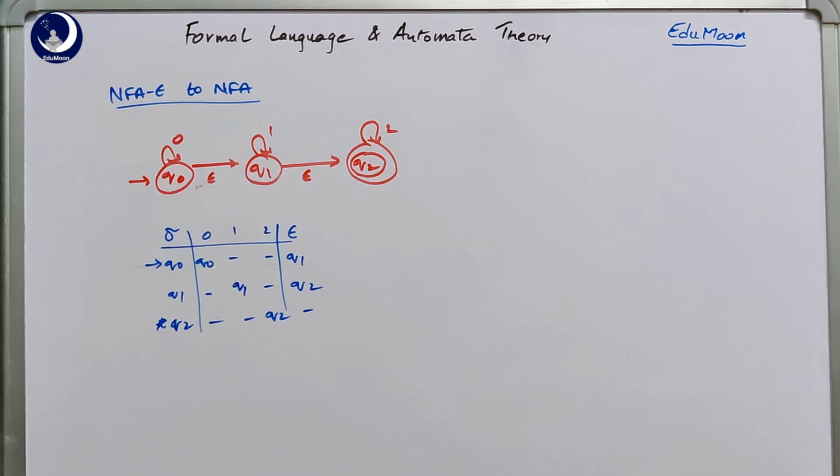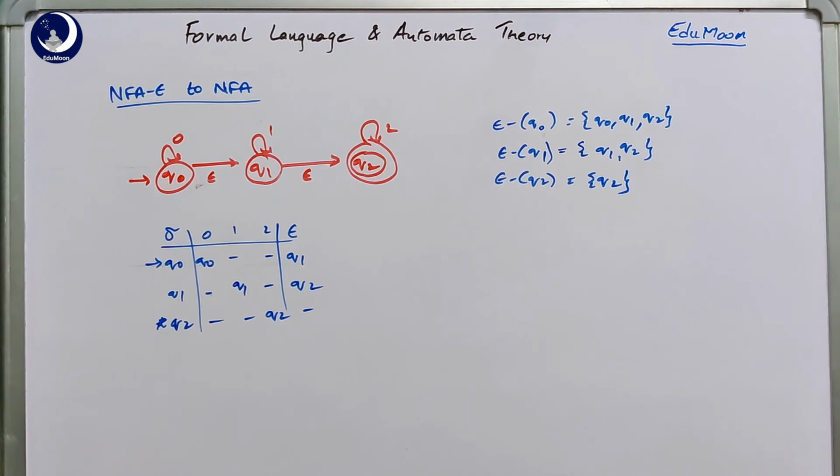Let us take this example with 3 states Q0, Q1, Q2, where Q0 is the initial state and Q2 is the final state, and there are epsilon transitions between Q0 and Q1 and Q1 and Q2 here. So when you find the closure of each state, it looks like epsilon closure of Q0 is given as Q0, Q1, Q2, because from Q0 without reading any symbol you can stay in the same state or you can traverse to Q1, and again from Q1 you can take an epsilon transition to go to Q2. So the epsilon closure of Q0 is given as Q0, Q1 and Q2. Similarly, epsilon closure of Q1 is Q1 and Q2, and finally epsilon closure of Q2 is only Q2.